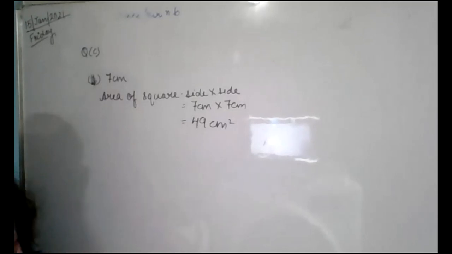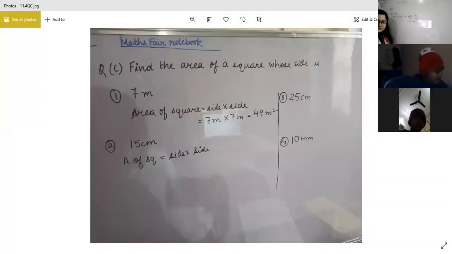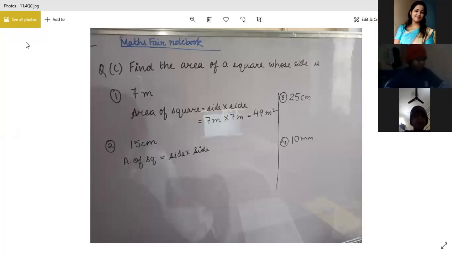Is it okay? Understood everyone? Understood? Yes, yes ma'am. What do you have to do now? Okay, now everyone take out your maths square notebook and start doing this in your maths square notebook. You can continue from the same page. Like first question I have given to you, similarly you have to do the second, third, and fourth. Jaldi se karo quickly and send the answers to me on WhatsApp.